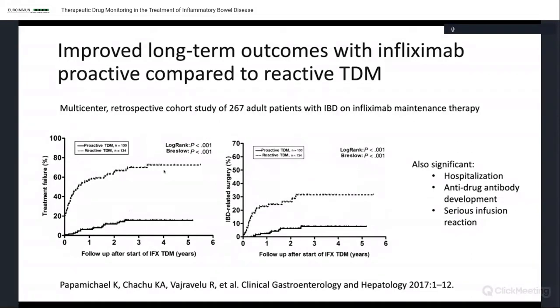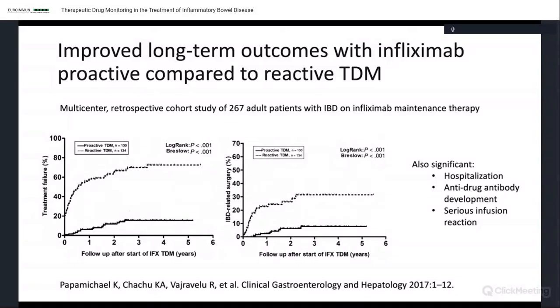So the Kaplan-Meier curve on the left shows the incidence of treatment failure over time, and you see that treatment failure occurred with much greater incidence in the reactive TDM arm compared to the proactive TDM arm. Similar results were seen for IBD-related surgery, as shown on the graph on the right. There were a number of other outcomes looked at that were also significantly different, including hospitalization, anti-drug antibody development, and